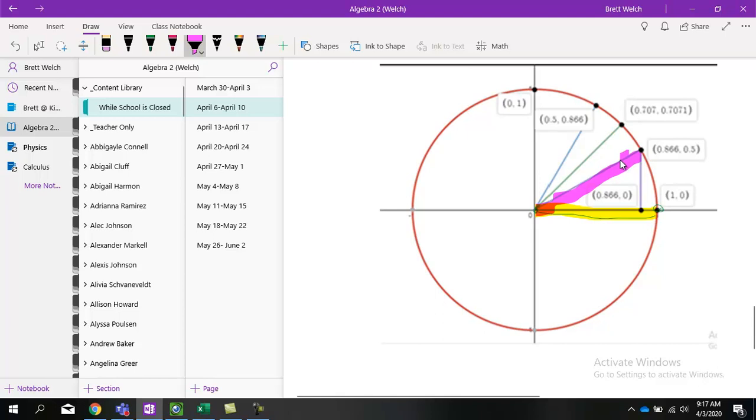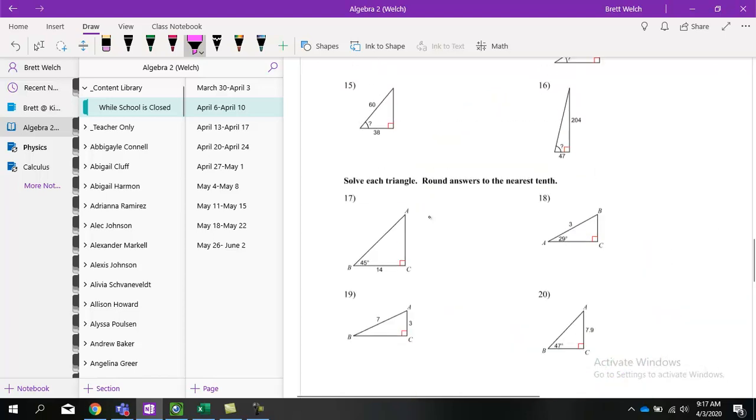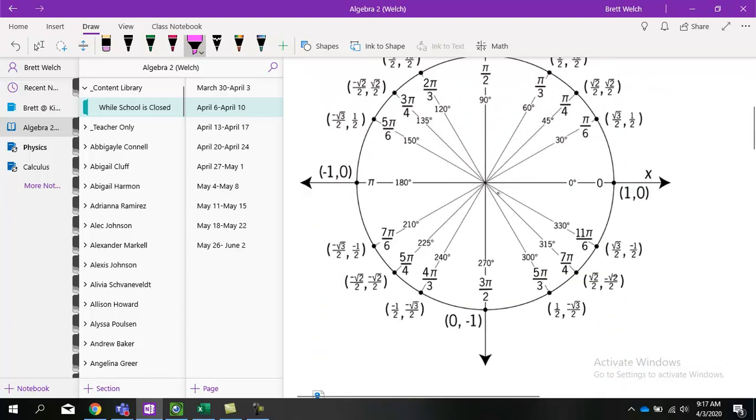So at a 30-degree angle, we would follow this line out, and it would intersect the circle at a specific point. This is 0.866, but it's the square root of 3 divided by 2, and 1/2 for the y value. That is to say that the x-coordinate is root 3 over 2 and the y-coordinate is up 1/2. So if I go back up to the unit circle and look at that 30-degree angle,